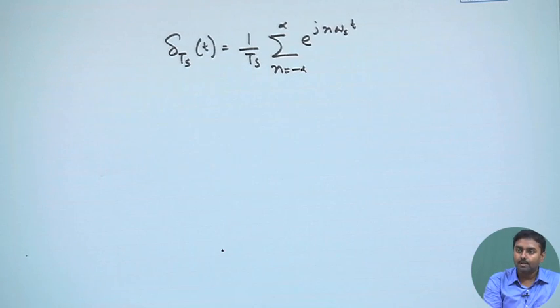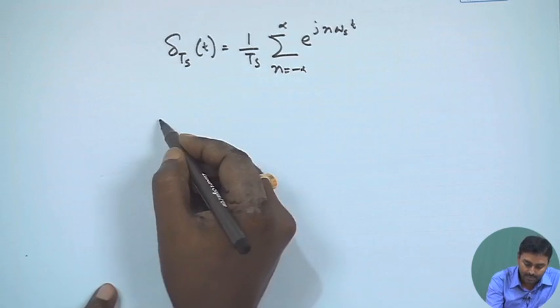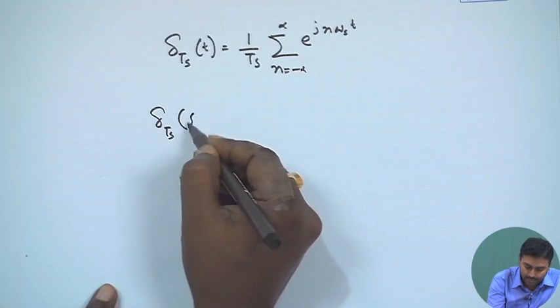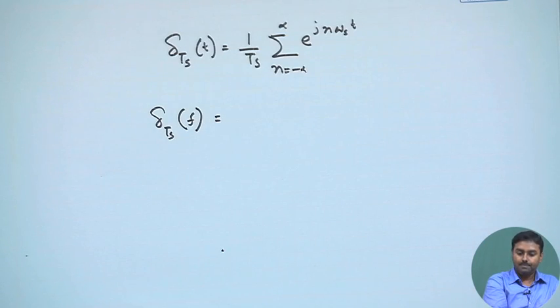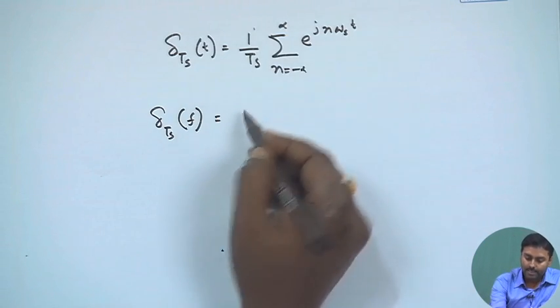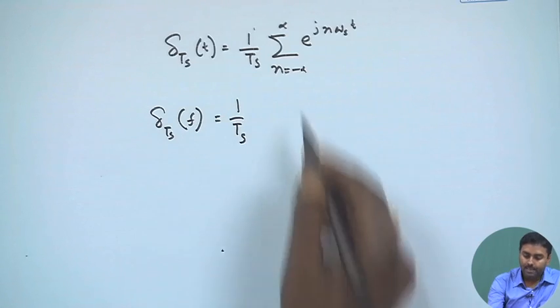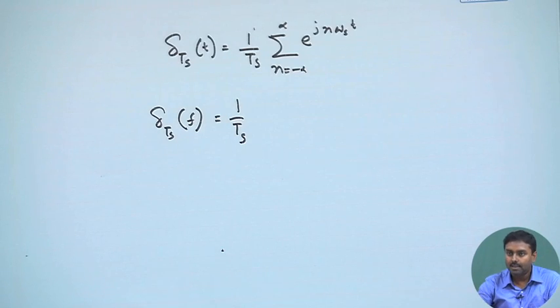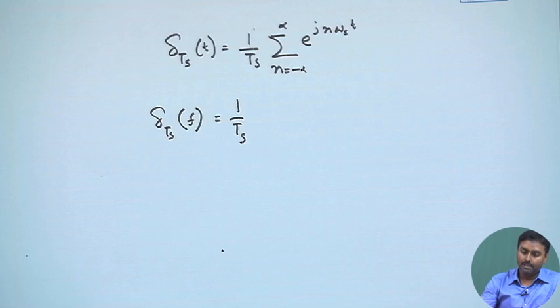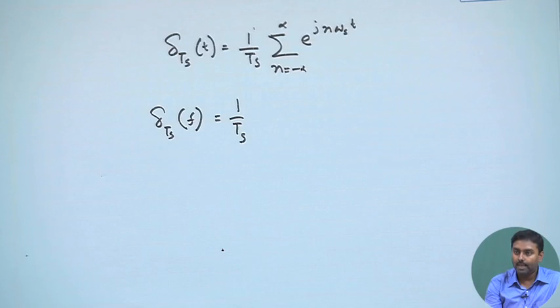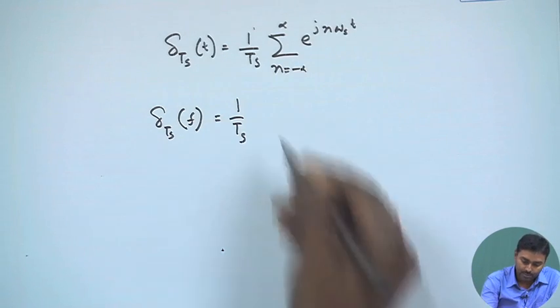What is the Fourier transform of this? Let us say that is delta Ts f. This will remain the same. It is a summation of exponentials. Each exponential, if I take Fourier transform, what does it create? It creates a delta function in the frequency domain at that location wherever it is. Okay. So, at that frequency location. So, basically this will be just a sum of delta functions. So, this happens to be